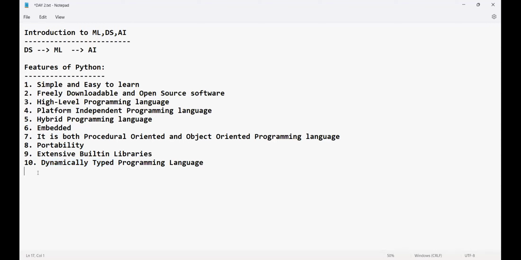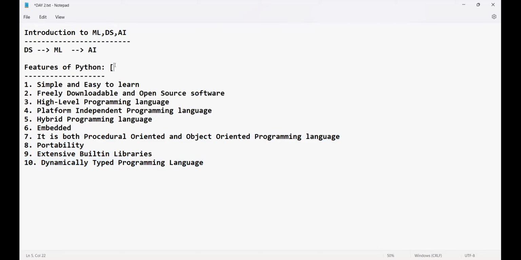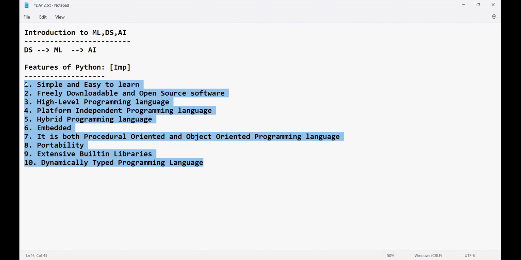Guys, this one on day 6 or maybe day 7, I'll take in detail. Will that be fine? I think day 3, I might be teaching this one, high level, and this one. Step by step, I'll teach regarding all these 10 points. Trust me, I can give you 100 points, but these are the 10 most important features of Python. It's an interview question, not from a perspective of anything you should learn. It's a very important interview question. Is that clear, guys? If I explain in detail by taking one point separately, you will understand. But as of now, at least are you aware of which are the important features of Python?